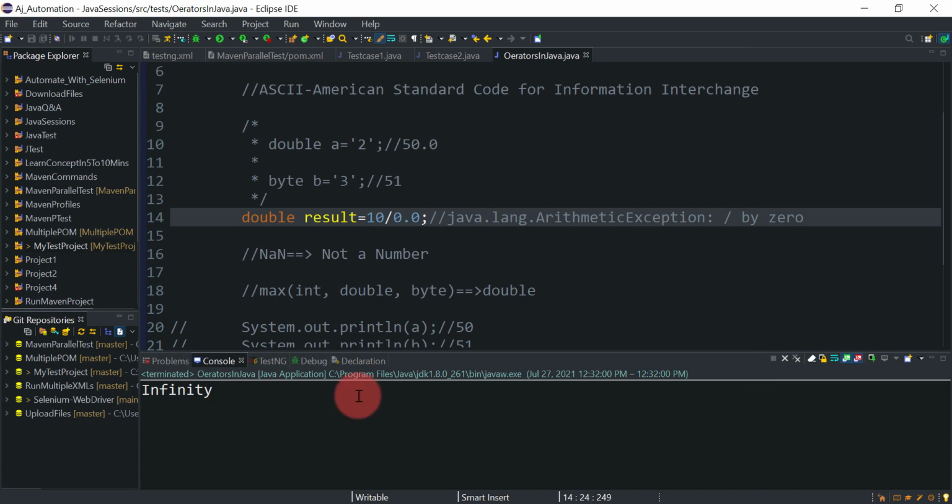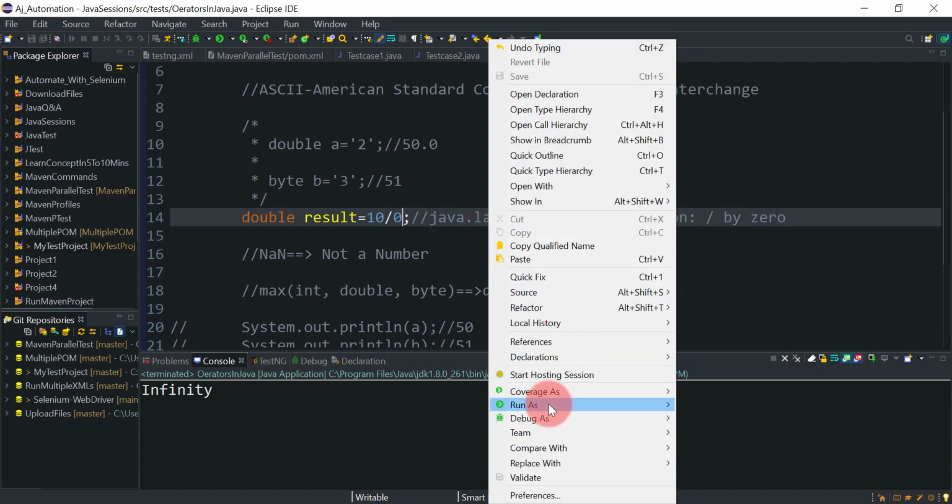Here we got infinity. It means any number, any integer value, if you are dividing by 0, then the result will be infinity. So we can represent that using this infinity constant. And if I just convert this float value into an integer again, let me save it and run it again.